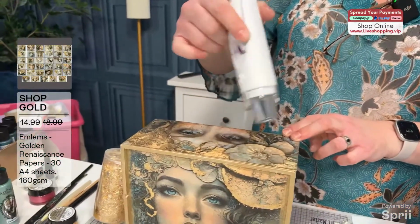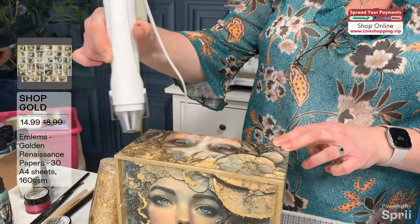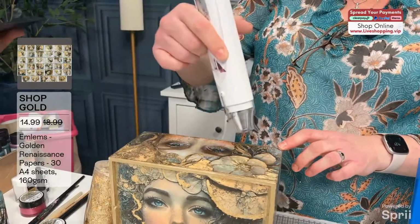Yeah, you're supposed to leave this adhesive for about 20 minutes, but I never have the patience. So I always just speed it up. I do it all the time. Just get the heat gun out and...